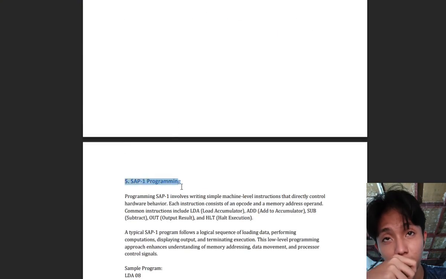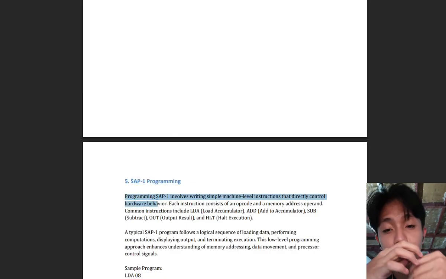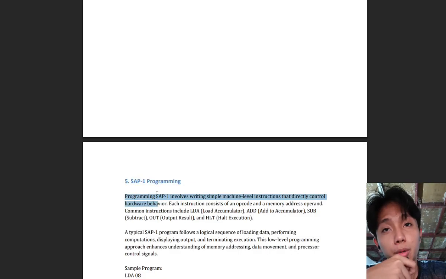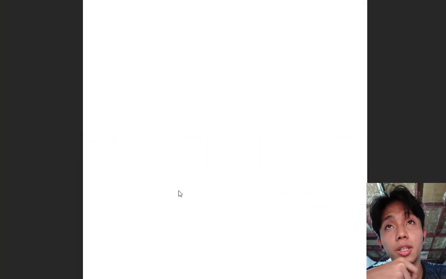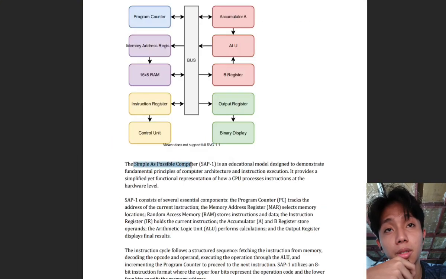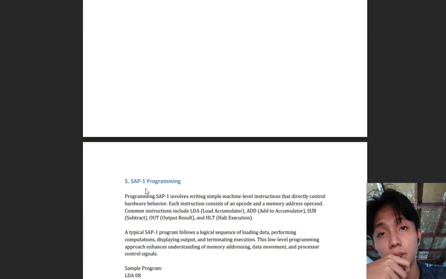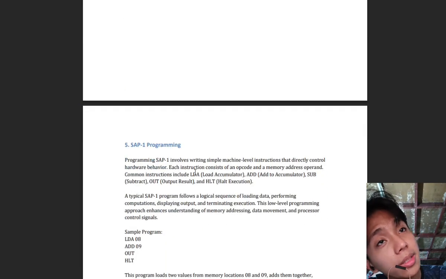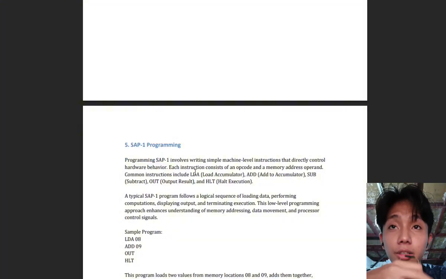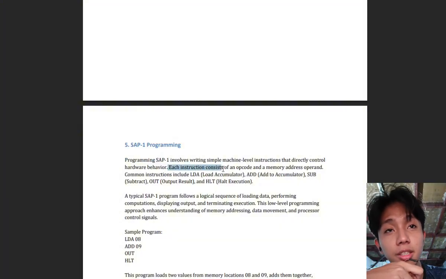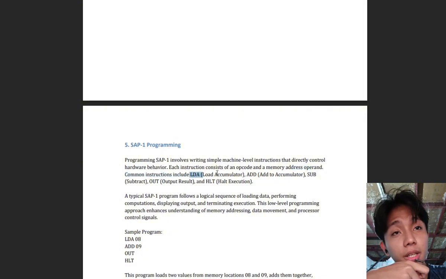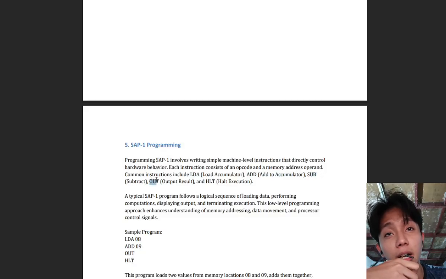Okay, so finally, the final topic of this video and document is SAP1 programming. So what does SAP mean? It's simple as possible. So simple as possible programming involves writing simple machine-level instructions that directly control hardware behavior. Each instruction consists of an opcode and memory address operand. Common instructions include LDA, or load accumulator, ADD, add accumulator, SUB or subtract, OUT or output result, and finally HLT, which